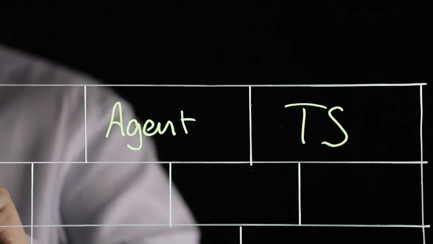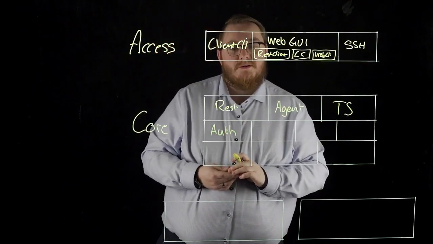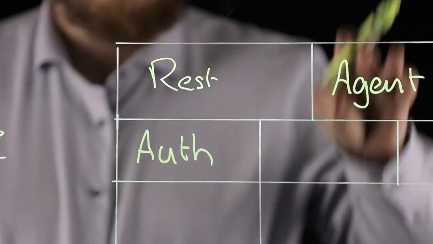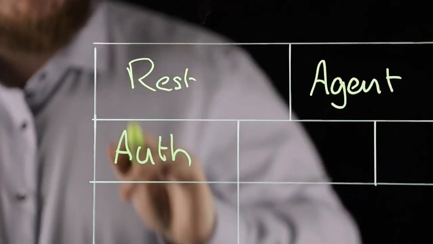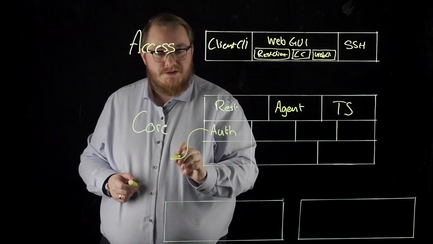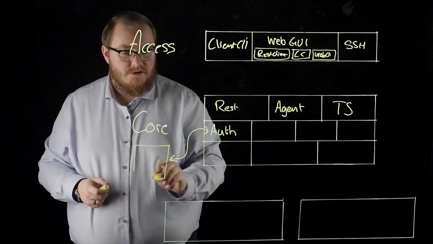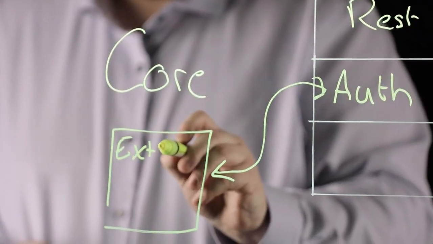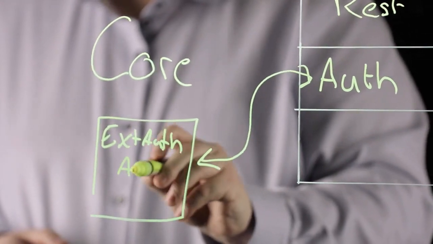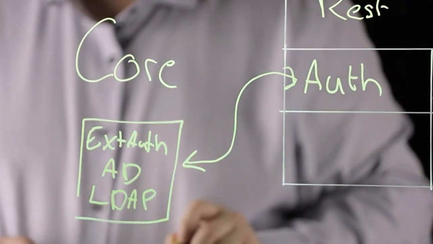Then one step down again, we have the auth module. The auth module will authenticate all the steps within the entire system. So the first thing you will often do is, through the REST, authenticate your user, you get a token back and you're authenticated. One good thing about the auth module is that it also enables you to use external auth. So we can do external authentication, be it Active Directory, LDAP,